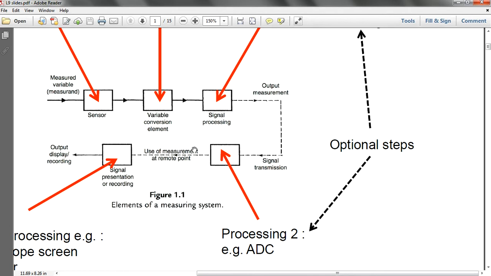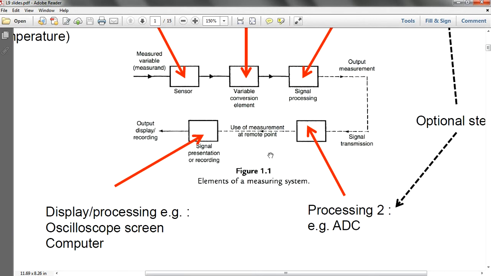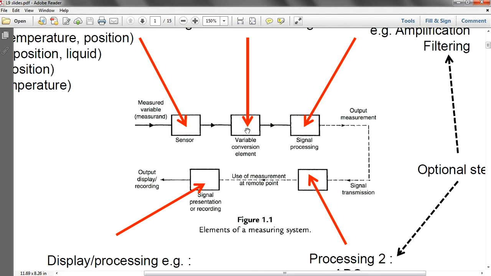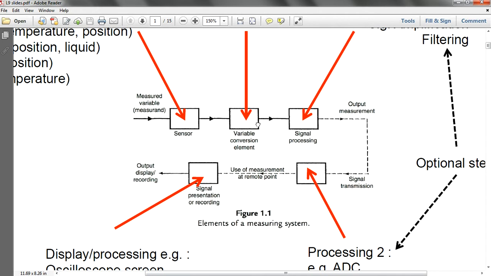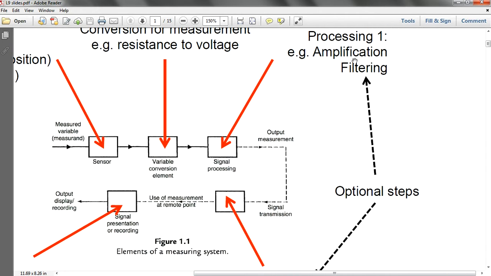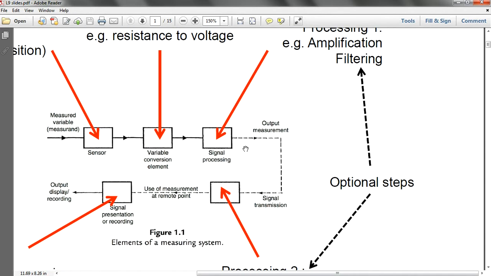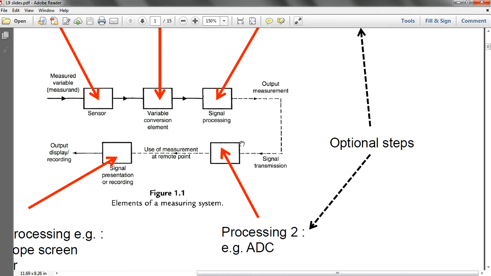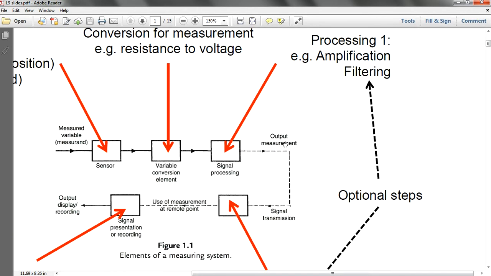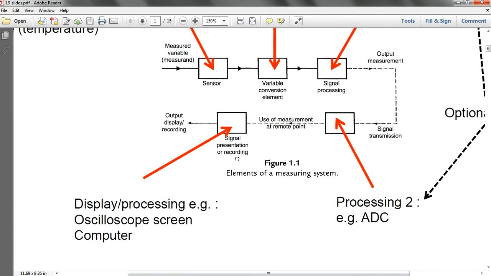Okay. And then after which, because your ADC signal may not be good or has a lot of noise due to the variable conversions and stuff like that, in this case the signal processing contains your ADC, and inside you may have some noise and everything. So you have op amps, you have your filters, your high pass, low pass filters, all inside here. Okay, and then output display,